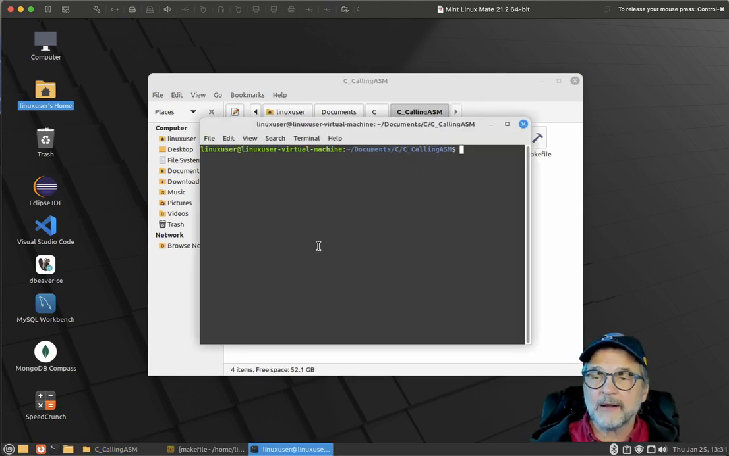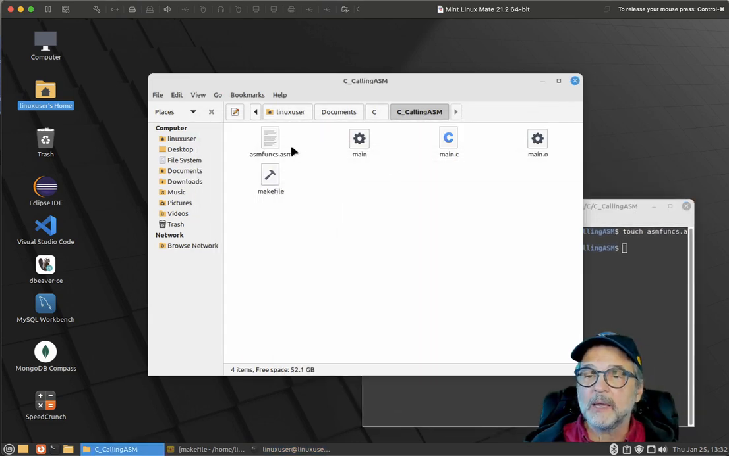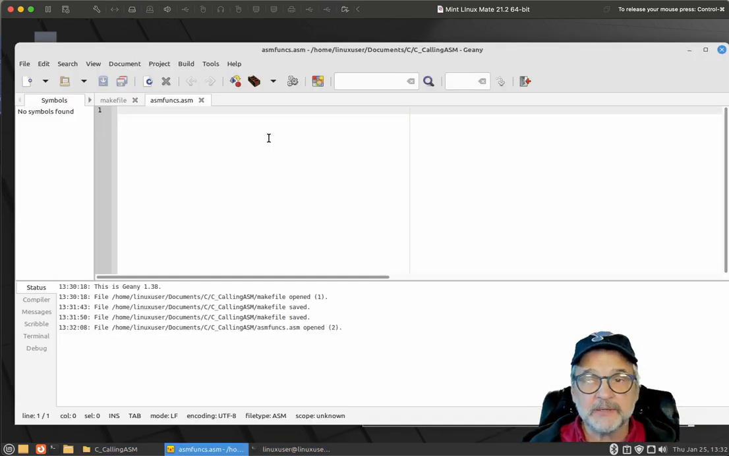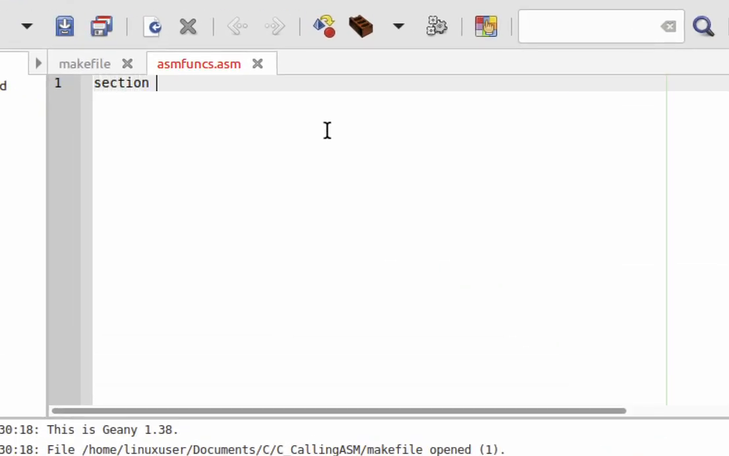Let's create our asmfuncs. So we'll go ahead and create that. And let's go ahead and do the same thing we did in the C++. So what I'm going to do is I'm going to say section .text, and if you didn't watch the C++ version, you need to specify what functions are going to be global to everybody, be able to access them from the outside. So I'm going to say global